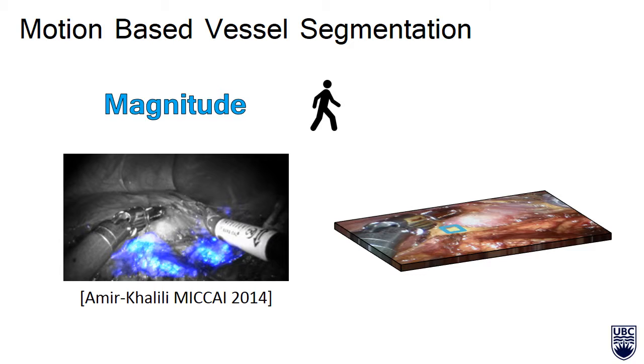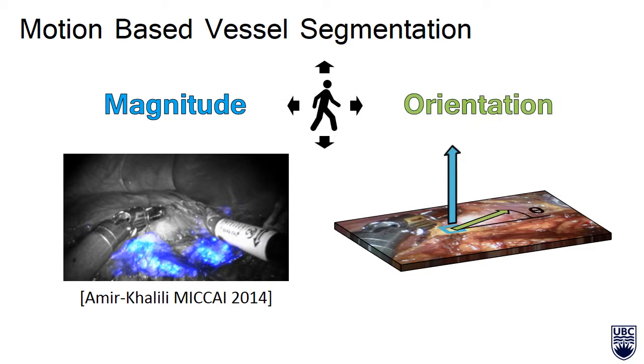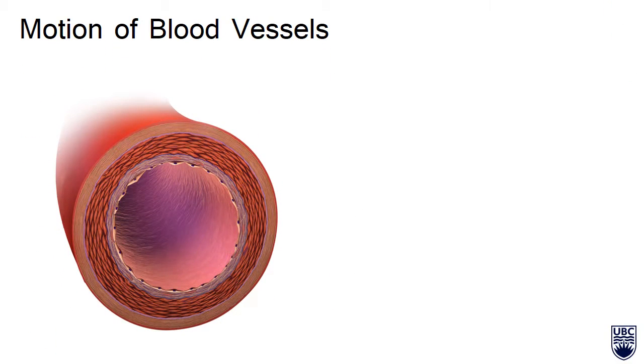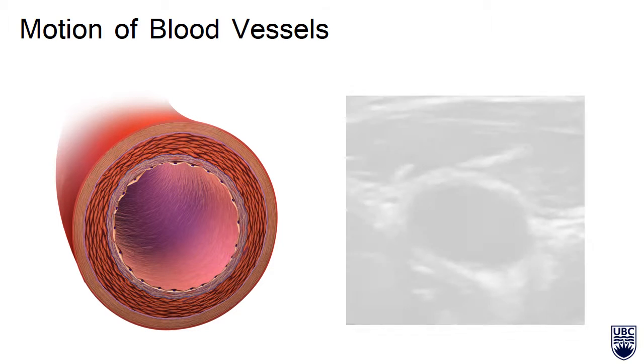We thus propose a reformulation of our old approach that takes advantage of the magnitude and orientation of local motion vectors. A complete computation of local motion vectors that encodes orientation and magnitude allows us to fully model characteristic pulsatile radial distension of a blood vessel.